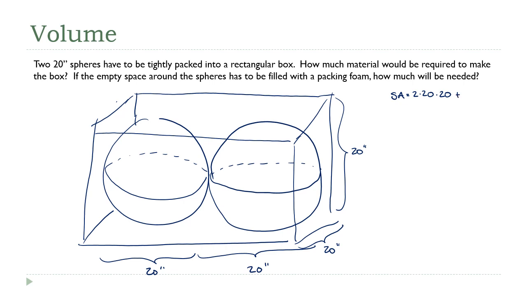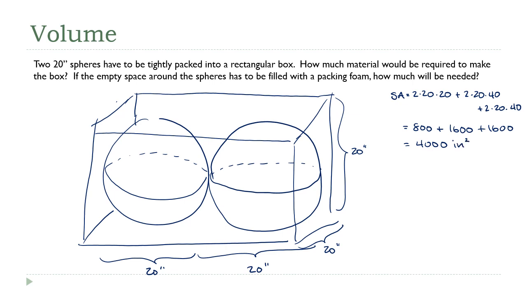The top and bottom are 2 times 20 times 40. And the front and back, those are also 20 times 40. This will be a second 2 times 20 times 40. And then you get your calculator out, right? You do the arithmetic here. This is 20 times 20 is 400, times 2 is 800, plus this is 800 times 2, that's 1600, plus another 1600. You add those together, you get a total of 4,000 square inches for the surface area of the